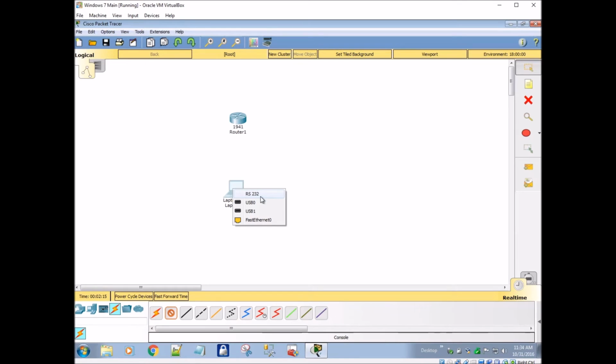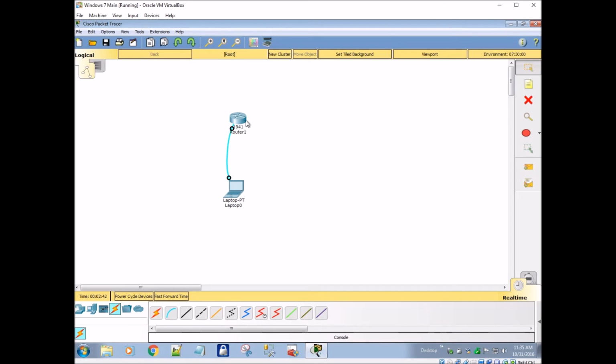Now, in some of the newer ones, and we'll look at this a little later in the video, you'll be using a USB on the laptop side and a USB on the router side as well. But for this instance, I'm going to use the RS-232 or the COM port. Most laptops are not going to have that type of COM port anymore. They're going to have a USB port, and so we'd be using that. But in this case, I'm just going to connect into the console.